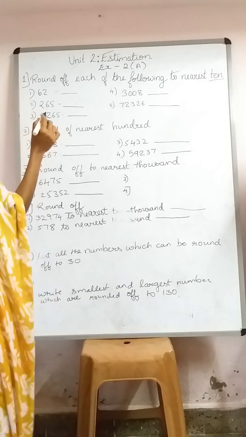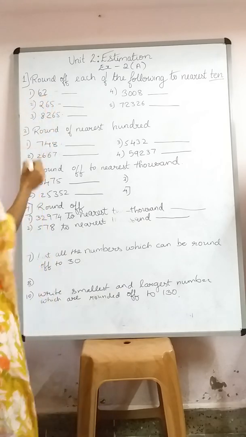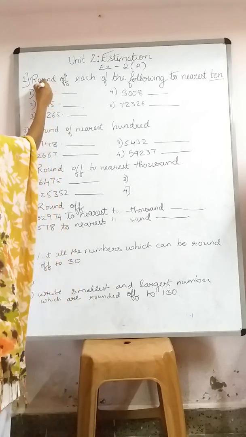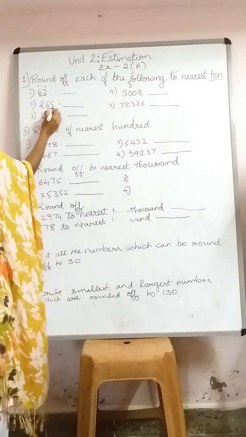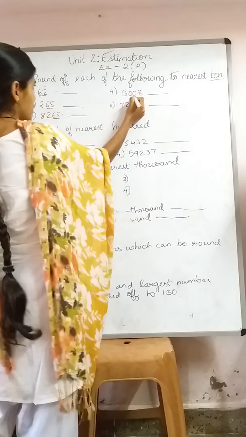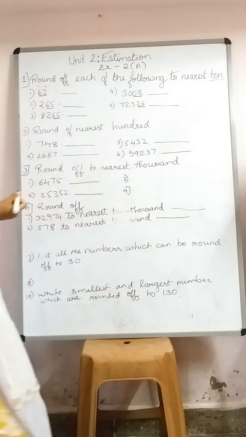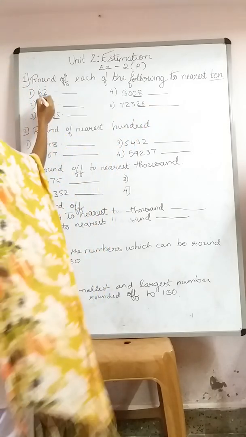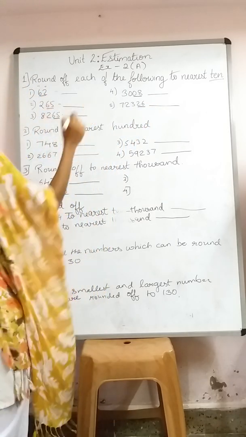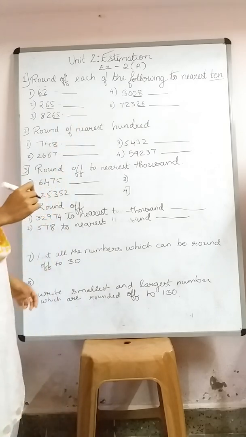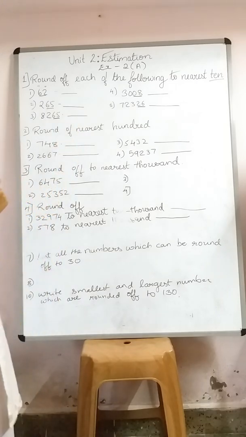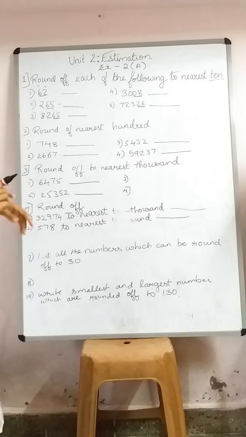Do you know the two digits? It means the ones and the tens place. These two digits are in the tens place. As I have underlined here, you can underline also, so that you will understand. I have taken some numbers randomly from your exercise. I have not solved everything, so which I have not solved, I request you all to solve on your own.